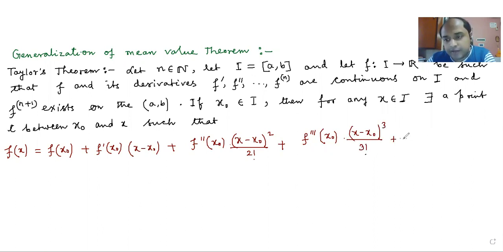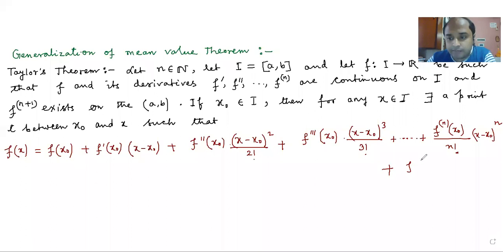In this manner, if I go, then the last but one term will be f n x naught by n factorial into x minus x naught whole thing to the power n,